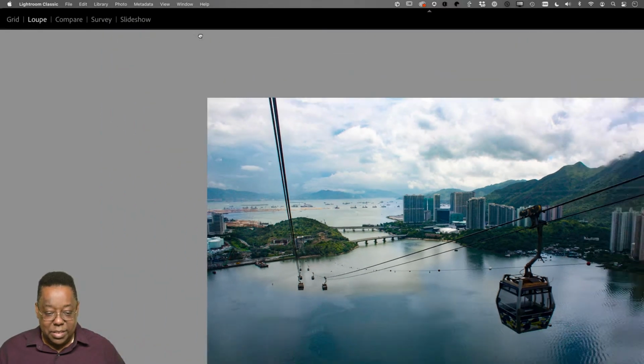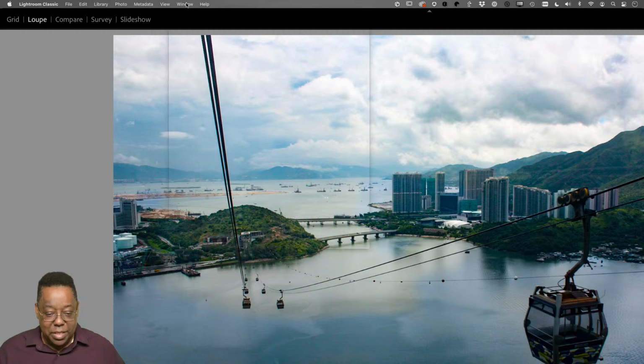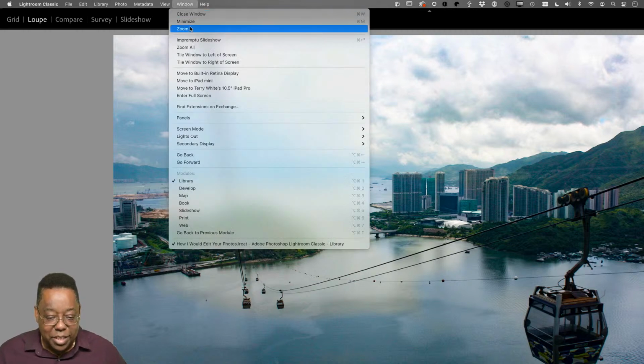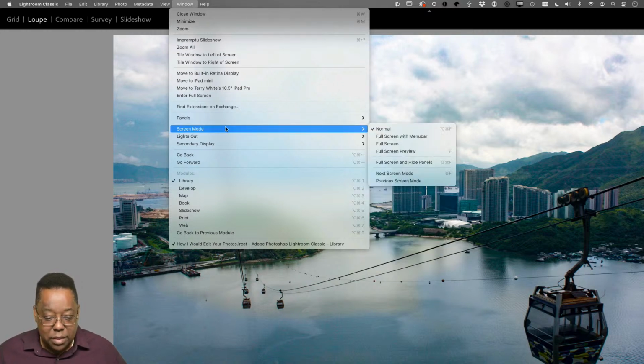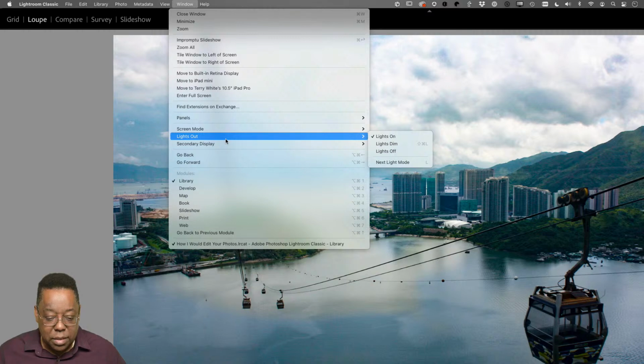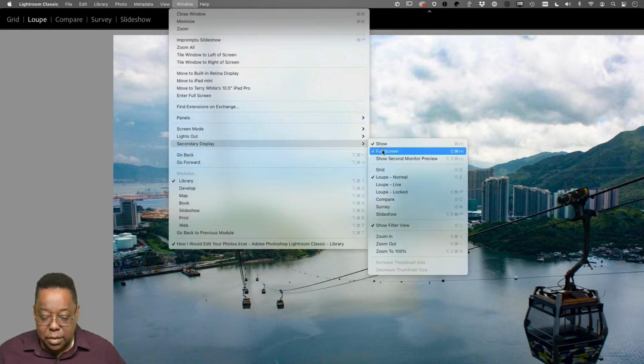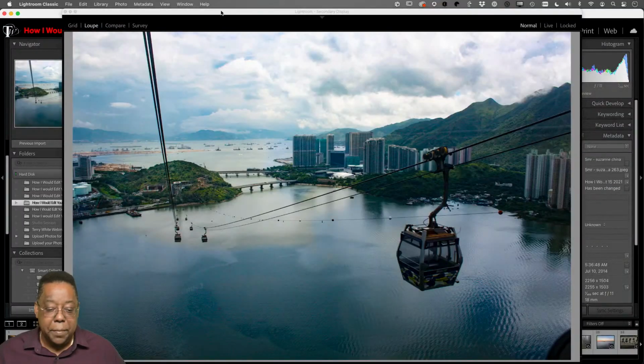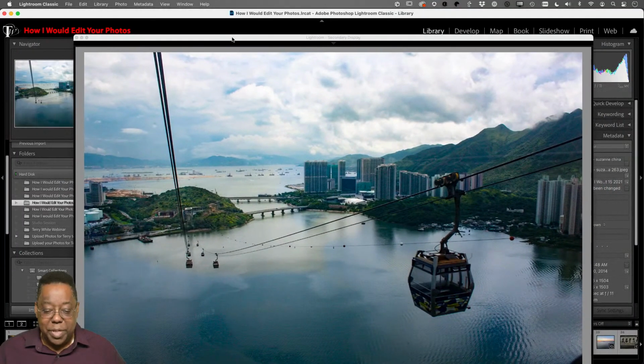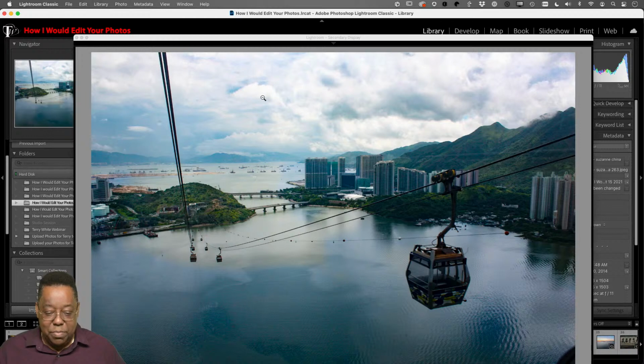Let's see if I can. No, it's not going to let me do it. Hang on. I was going to try and get it into a window, but it may not let me. There we go. This would be on your other monitor, and it would be loop view,